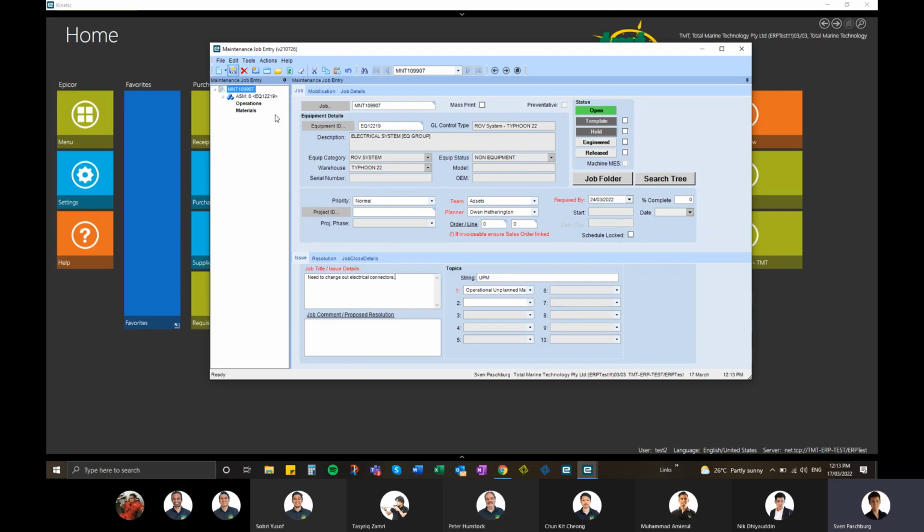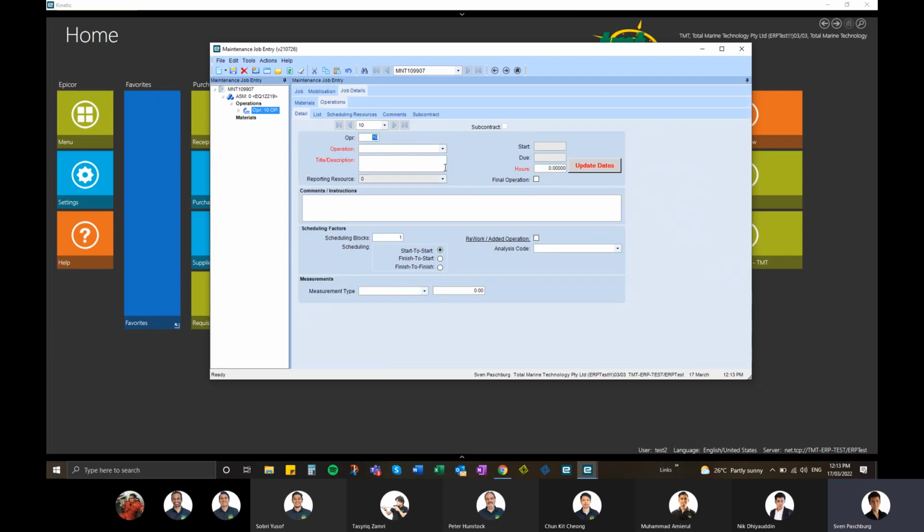Okay, there you go. So here's a maintenance job, and that's the beginnings of it. And then we can start to add an operation. So that's a task for somebody to do and book some time to. I want to add it for